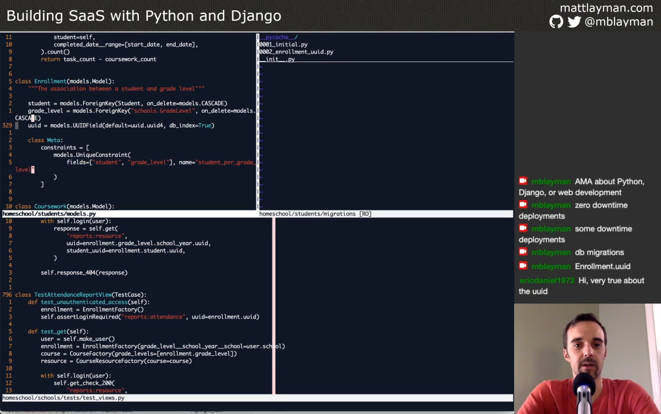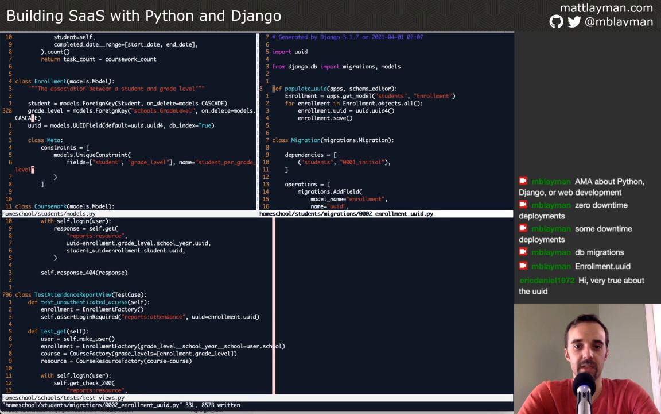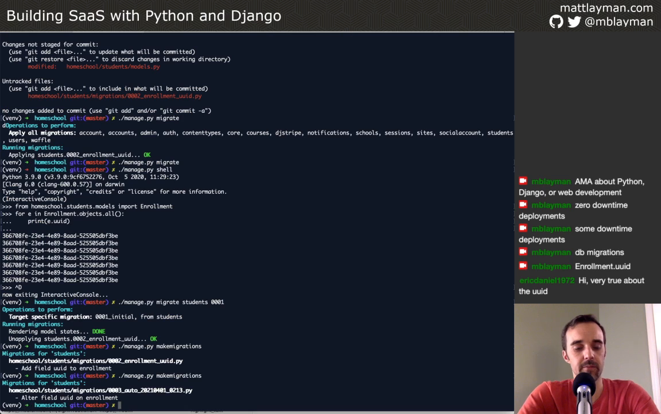So we've got our migration file. It's well formatted at this point. I think it does everything we want it to. It's time to test it out, make sure it works. So let's say manage migrate. It's going to apply